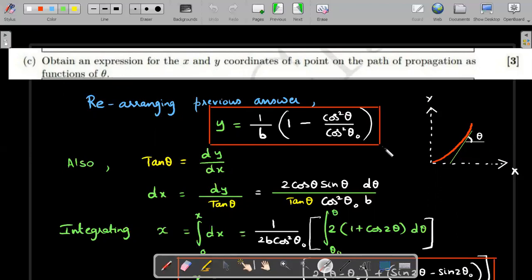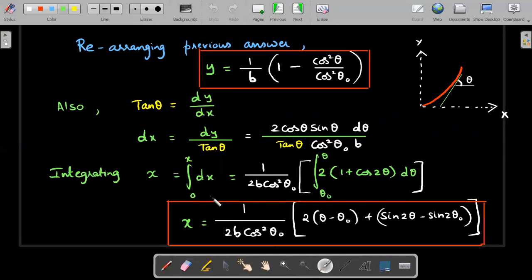X versus theta I can get by taking the tangent slope as dy by dx. So dx, if I rearrange, is dy by tan theta. I brought this down, and dy I'll substitute by differentiating this expression. When I take dy here, the first term goes off. For the second term, remember the bottom is a constant, so I only need to differentiate cos square theta. The differentiation of cos square theta would be minus 2 cos theta sine theta d theta, minus each minus, and you get this. It's a simple expression. You just need to integrate for x without panicking in the exam, and then you end up getting this. And then you have to integrate.